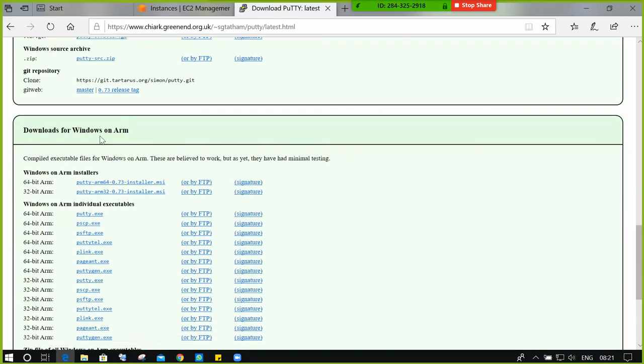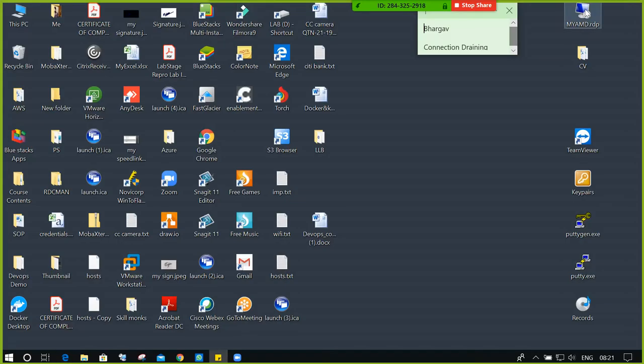There is a download for Windows ARM. putty.exe is available. Just click and the file will be downloaded to your laptop or desktop. Understood? Once the file is downloaded, it will look like this, putty.exe. You don't need to install it. This is a directly executable file.